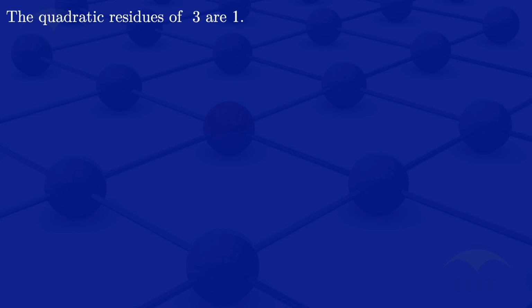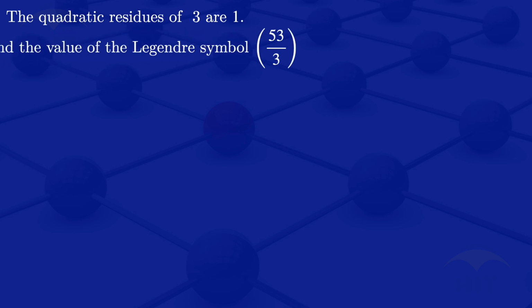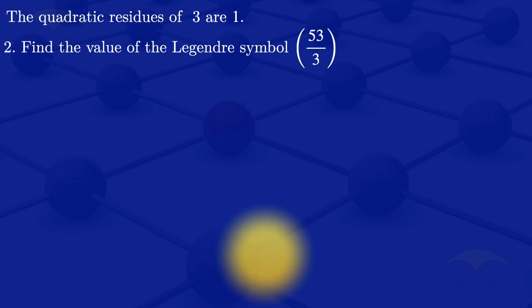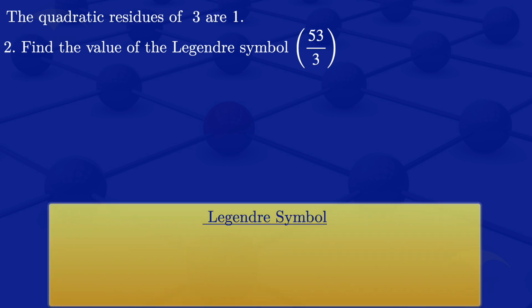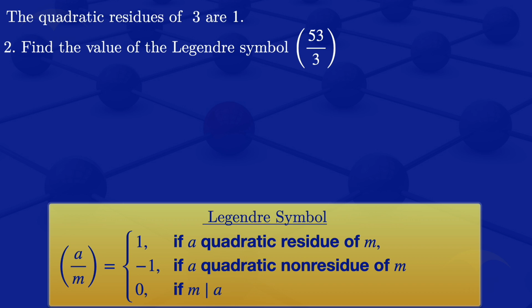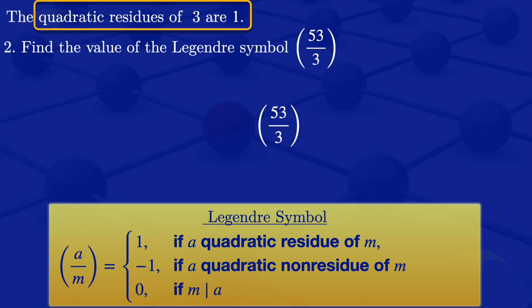I now move on to question number 2, finding the value of the Legendre symbol 53 over 3. By definition, the Legendre symbol a over m is equal to 1 if a is a quadratic residue of m, minus 1 if a is a quadratic non-residue of m, and 0 if m divides a. So in this case, we are looking at 53 over 3, and we ask, is 53 a quadratic residue of 3? The quadratic residues of 3 will just have a 1 there. The 53 is not there. So we have that the Legendre symbol 53 over 3 is equal to minus 1, since 53 is not a